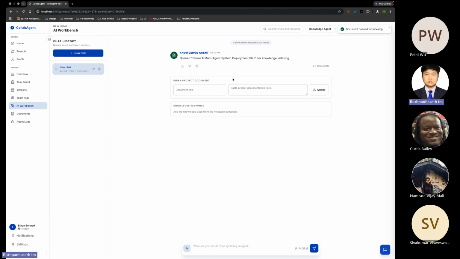Here it is just queuing the document for the agent to record, and then I can make another one by compose, which lets the AI generate all the tasks from phase 1.